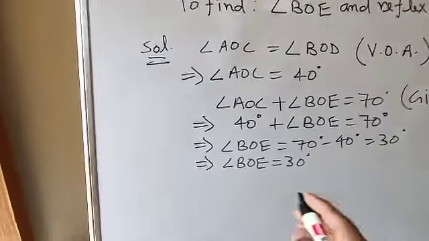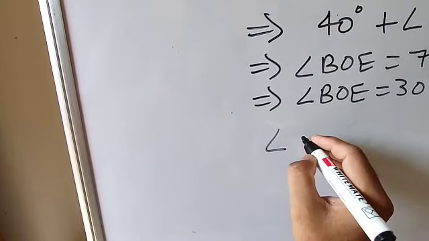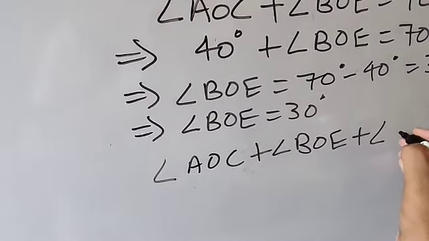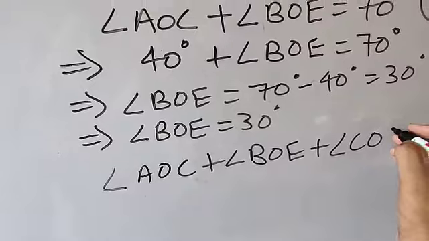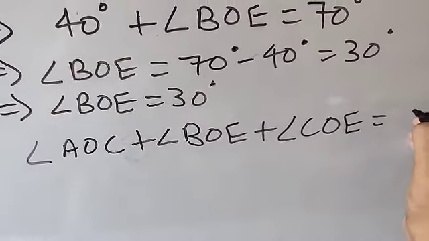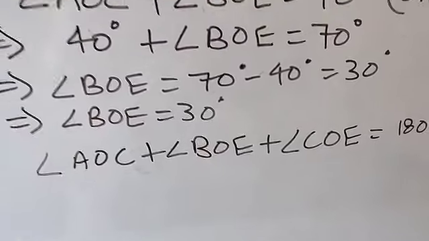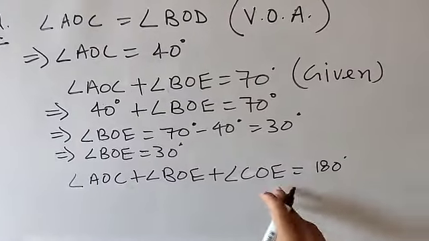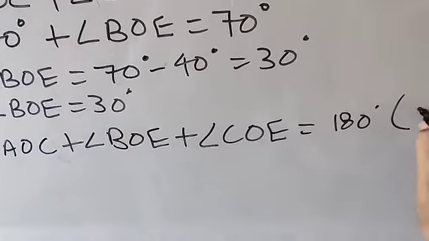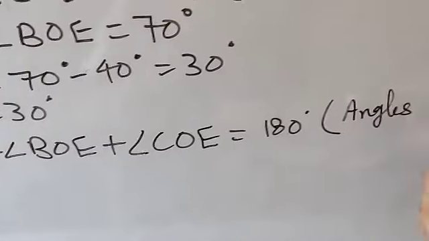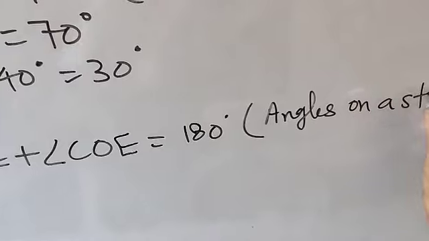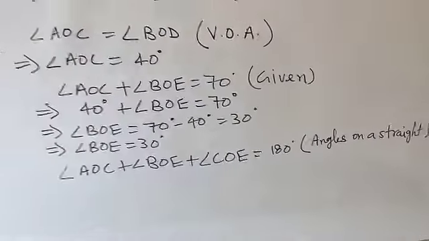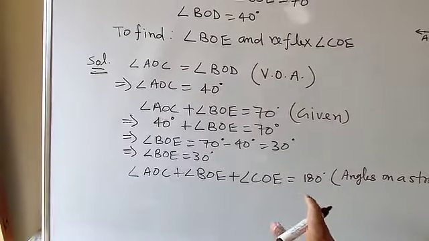So here I am going to write angle AOC plus angle BOE plus angle COE equal to 180 degrees. If the sum of these three is 180 degrees, what is the reason? Here you can write in the bracket: angles on a straight line. These angles are formed on the straight line, that's why their sum will be 180